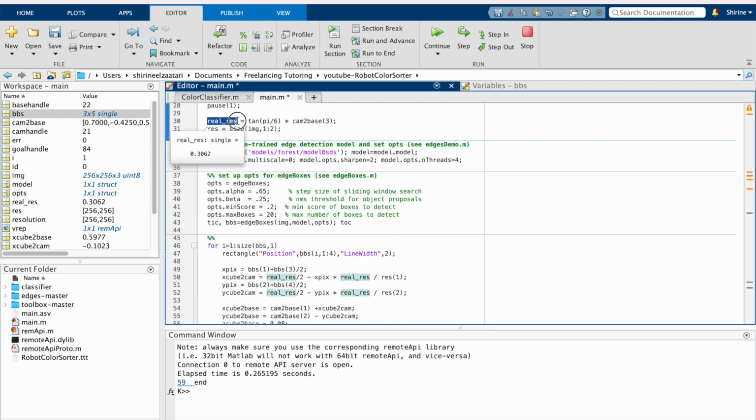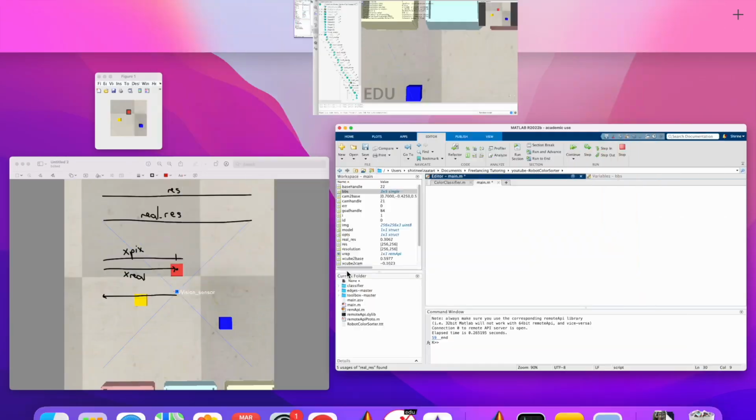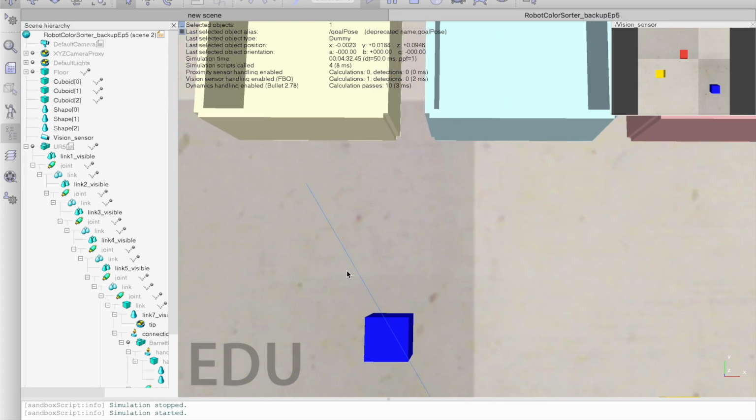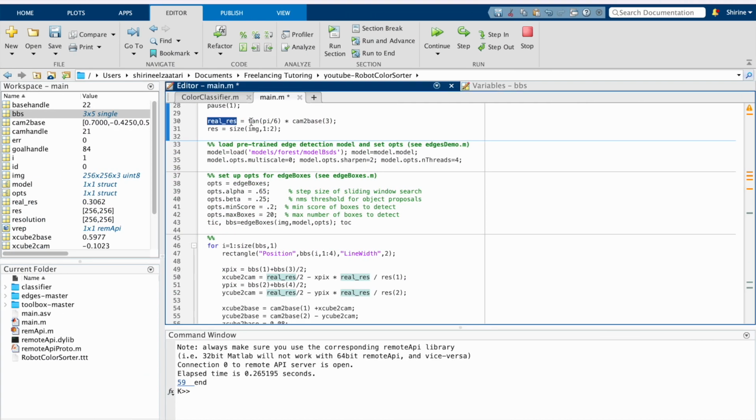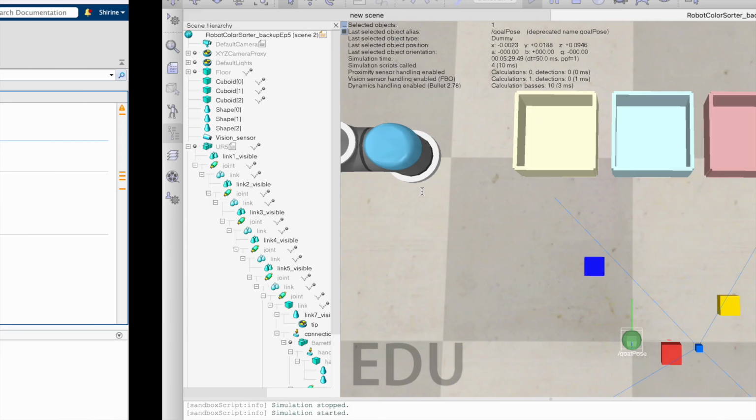The real resolution that we've calculated using this equation was actually only half this distance, not all of it. So what we need to do here is multiply it by 2. So now if we stop the MATLAB simulation and we run it again,